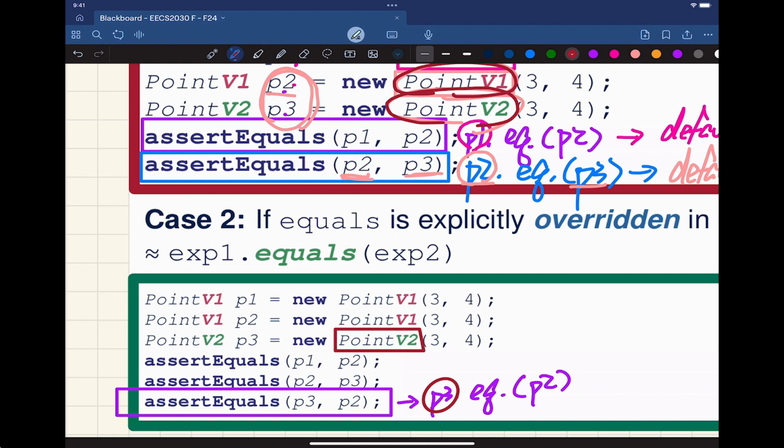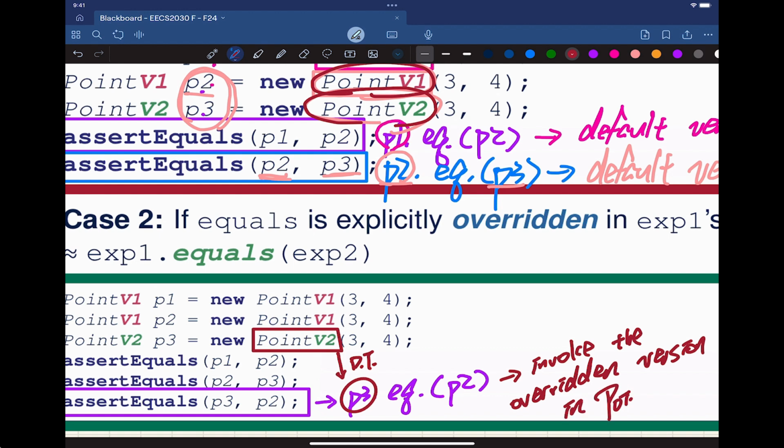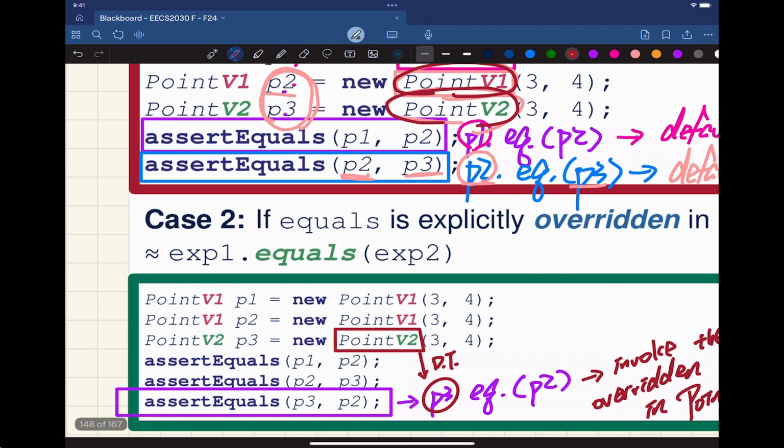So that means we're going to invoke the version of equals in point V2, which is the overridden version. And we know that it's going to compare the contents, which in this case, oh, actually,